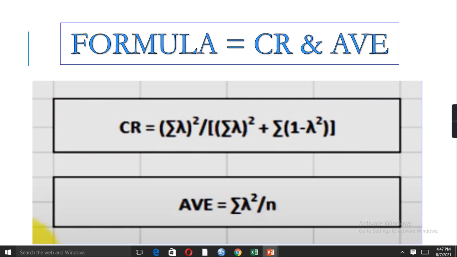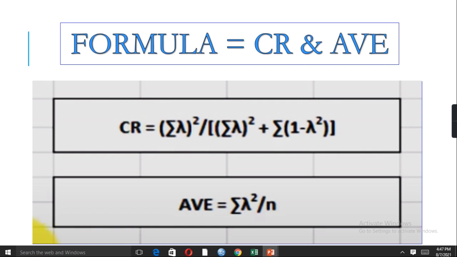We need the formulas of CR and AVE in order to calculate these values in MS Excel with the help of IBM SPSS. At first, the formula of CR is: CR equals summation lambda square divided by summation lambda square plus summation 1 minus lambda square.